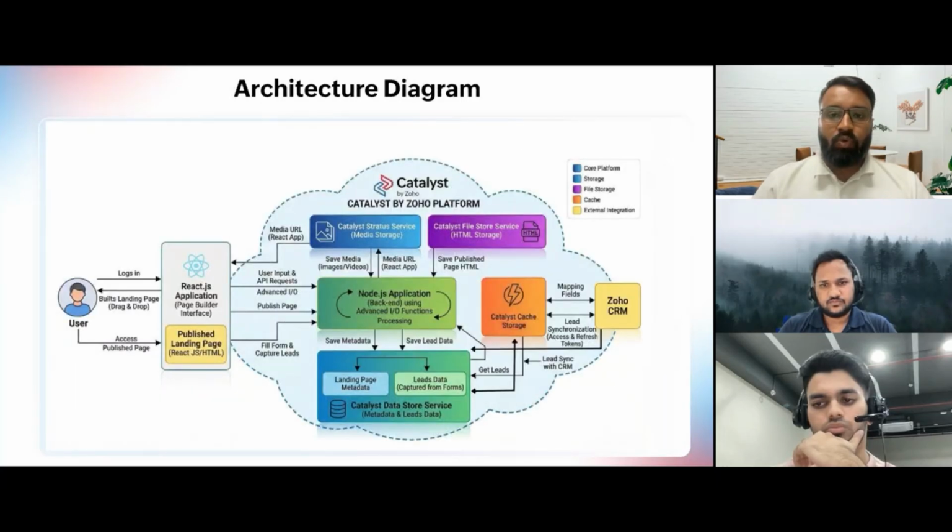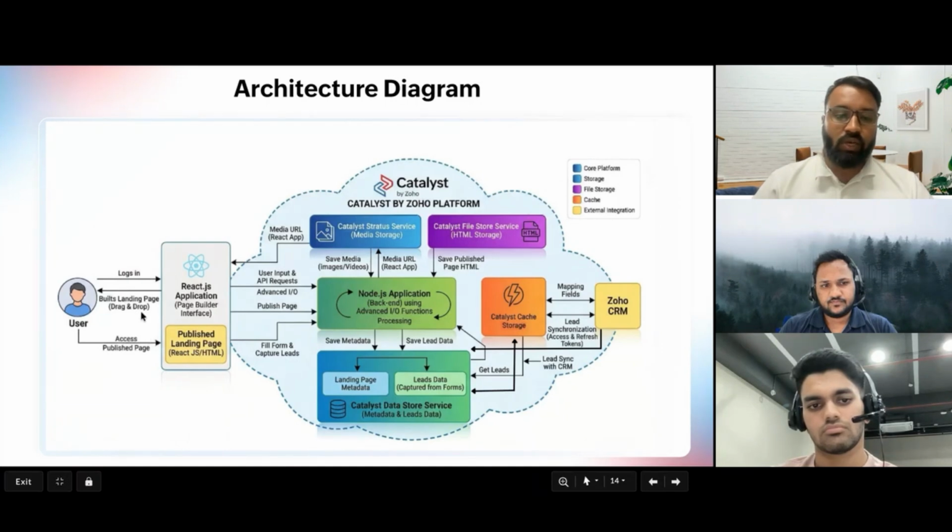With that, I'll move to the architecture of this entire application, wherein we have used multiple features of Zoho Catalyst. As you can see, the landing page application has multiple components. The journey starts with the user signing into the application, from the admin perspective. The entire login page is designed, and through that it communicates with the React application that is created, the front end